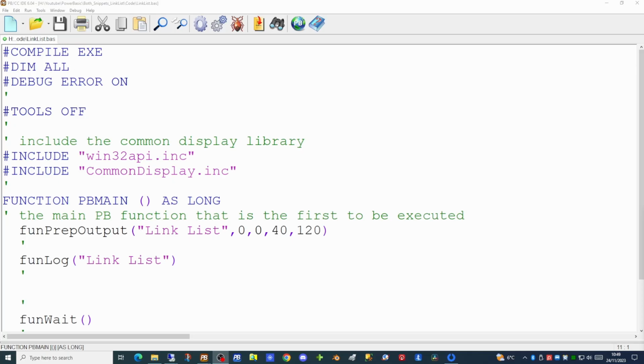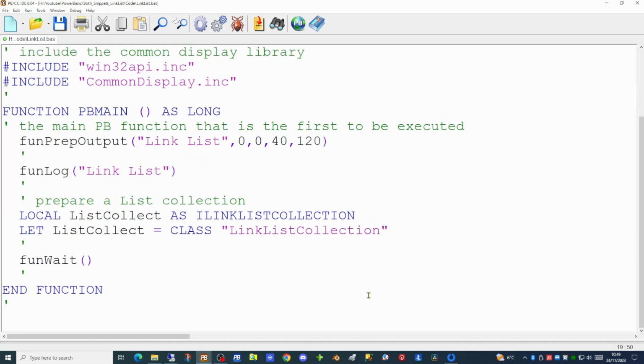Today we're going to look again at collections under PowerBasic, supported both in the console compiler and Windows compiler. We're going to prepare a list collection. We can start this by declaring a local variable called listCollect. This is going to be declared as an ilink list collection, and we will set the class to be link